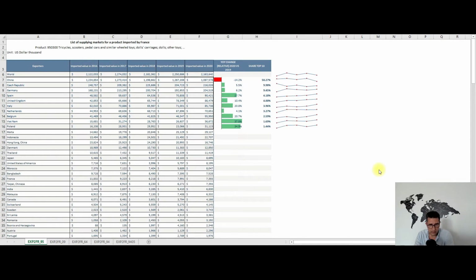And let's start with the first product. So we have tricycles, scooters, pedal cars, and similar wheel toys. And we see here that the imported value for 2020 was about $2.2 billion, with China the biggest trading partner, followed by the Czech Republic, and we see Germany on the third place. We see also Spain, the United Kingdom, Italy, the Netherlands, Belgium, Vietnam, and Poland, who is last in these top